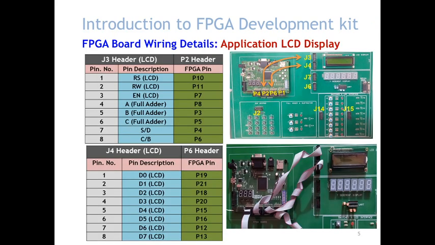So let us see a few applications. If I wanted to use the LCD display, how are we going to route the signals from the FPGA to the headers? Usually, whenever we are writing any HDL code and declaring the entity section, whatever signals we declare in the entity are nothing but the HDL logical representation of that algorithm. Now to interface with the external environment, that signal has to be connected to a particular FPGA pin.